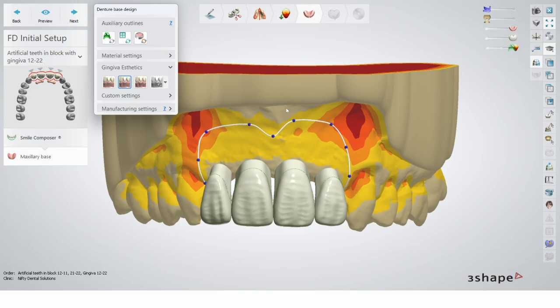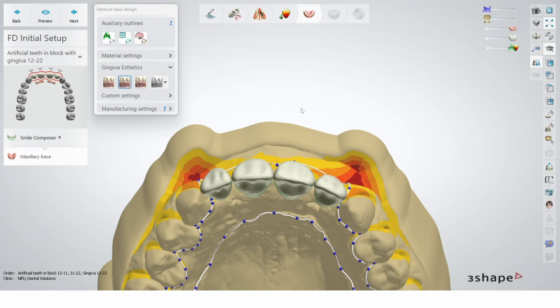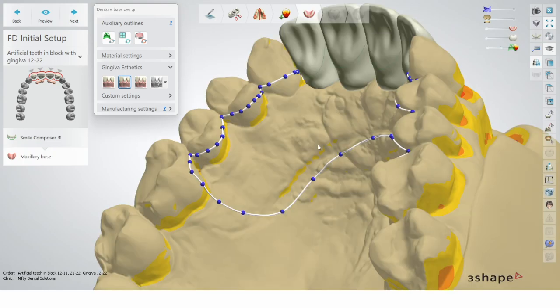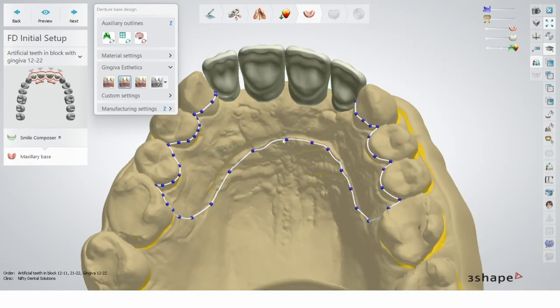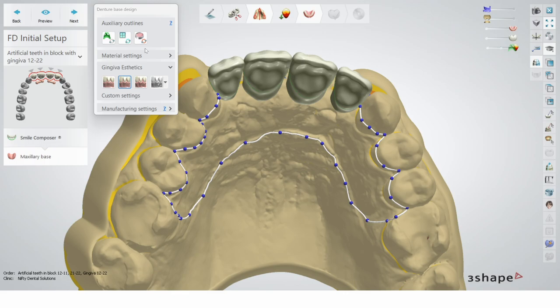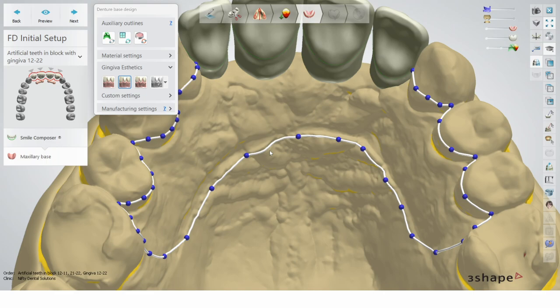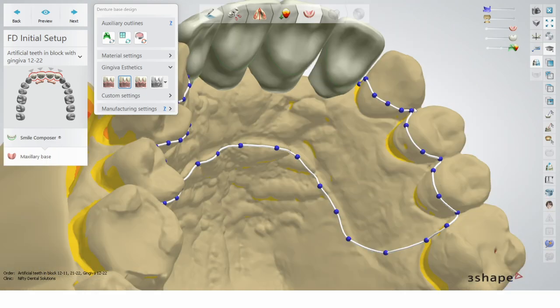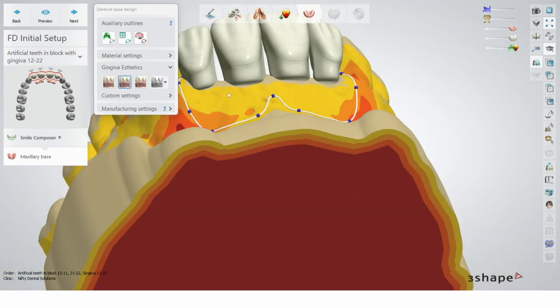So now is probably one of the best parts. This module is called Gingivator, and basically we can decide the aesthetic of the gingiva. But before deciding that, you can see I'm modifying a little bit the flange. So this is the step I was telling you earlier. If there is something that you want to change about the denture base, that's the right time. Because it's always better than clicking back on the previous step, because the software is going to have to recalculate everything again, so it's going to become a big mess. It takes quite some time to do so. So leave it for now if you want to make some adjustment.